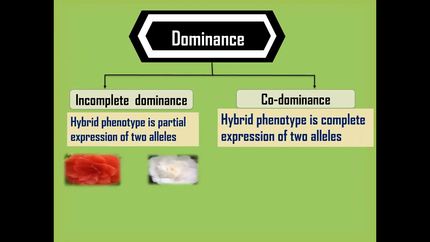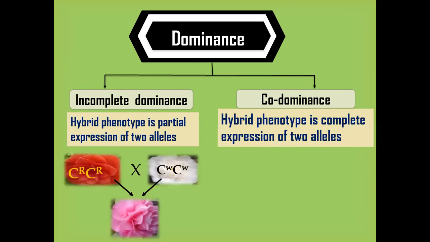For example, in incomplete dominance, we take a red and white variety. So homozygous red is crossed with a homozygous white variety, and they produce the heterozygous pink variety, which is CR and CW. Now, this heterozygous pink variety is an intermediate blend of red and white color. So this is incomplete or partial expression of both alleles, while in codominance, there is a complete expression of two